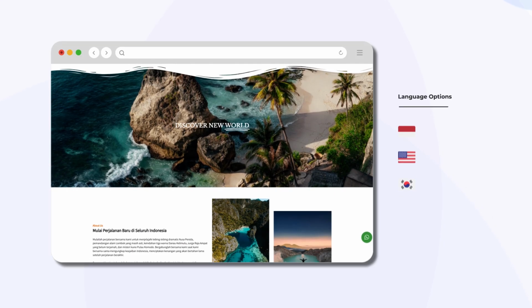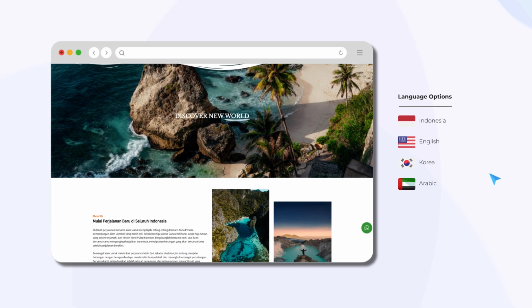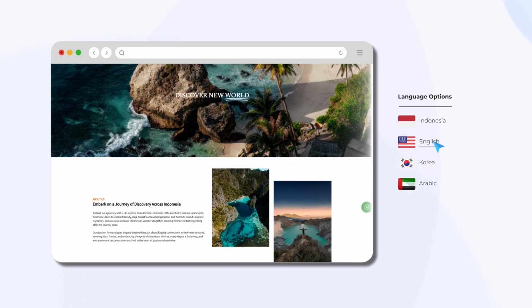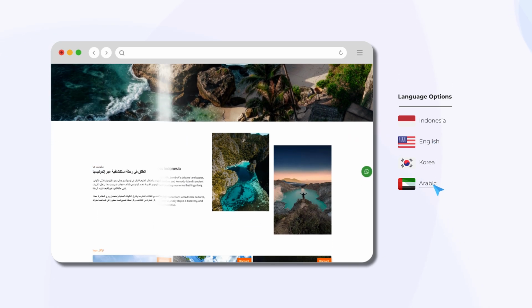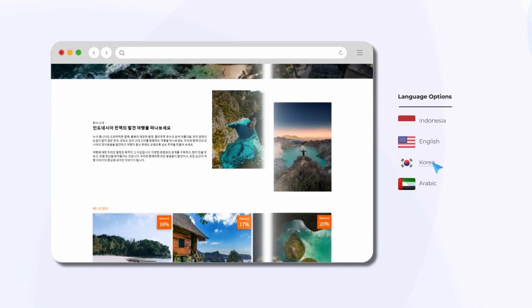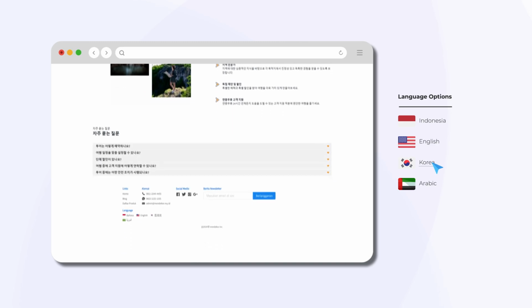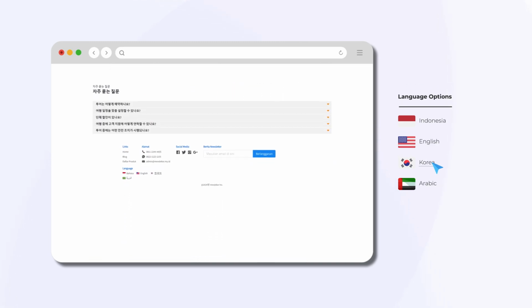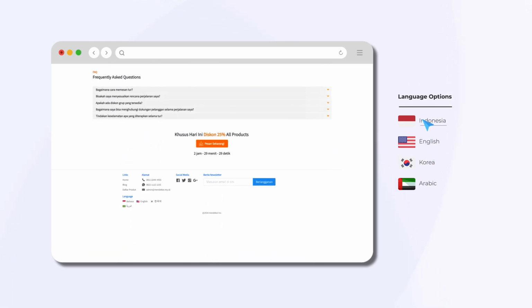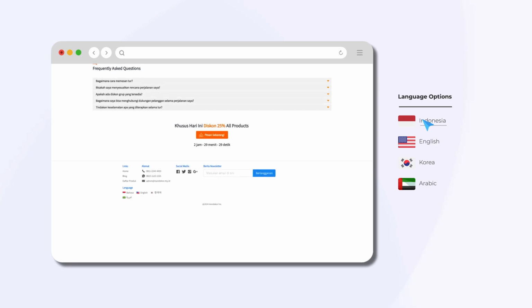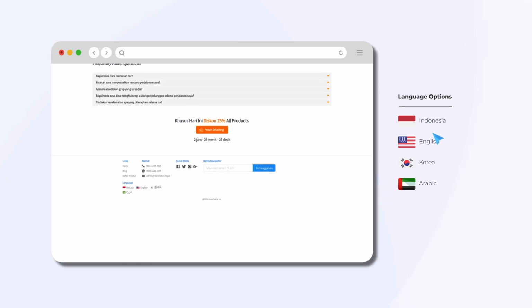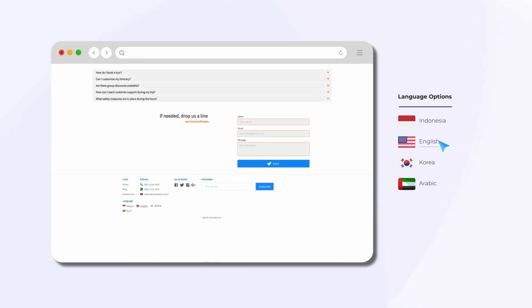You may know that you can enable the multi-language feature so your website can be displayed in multiple languages and reach a wider market. But what if there are certain elements on your website that you only want to show when the site is displayed in a specific language? Or on the other hand, maybe there are elements you want to hide when the site is switched to another language. The good news is, it's very easy to do.